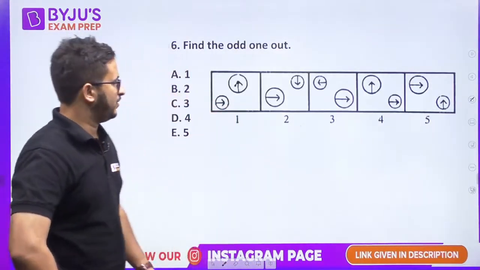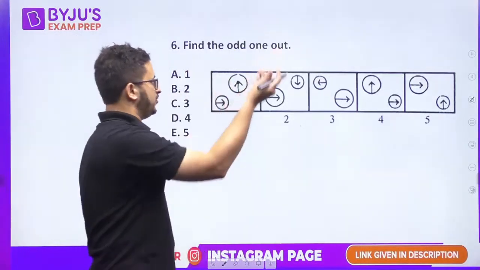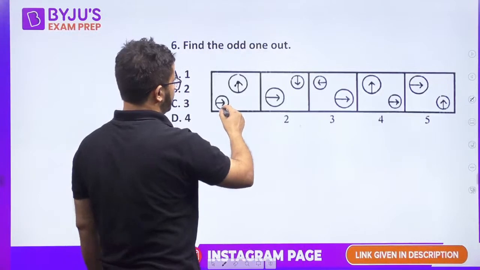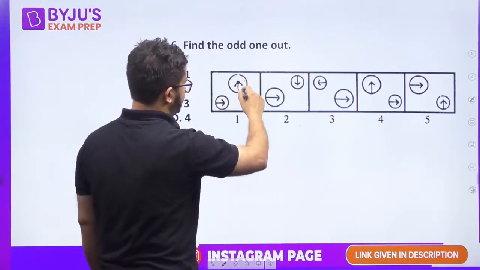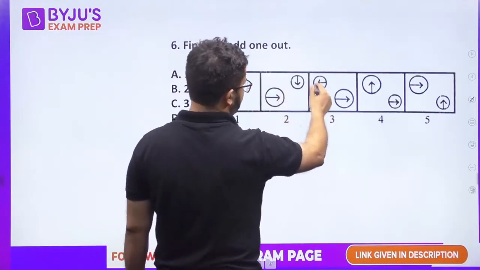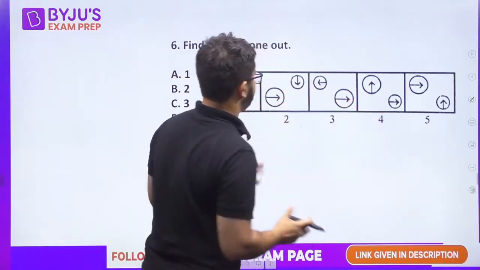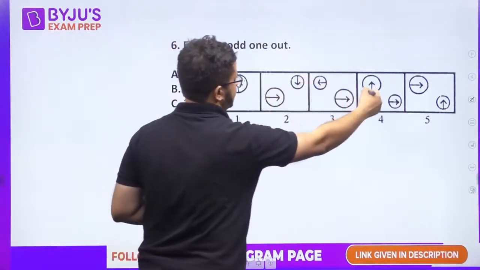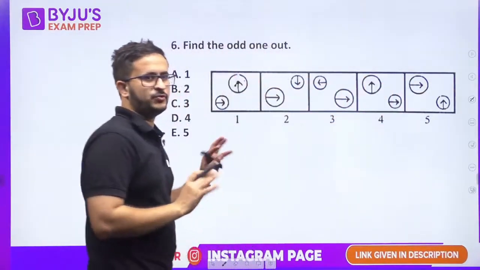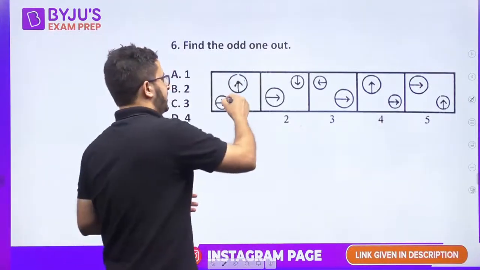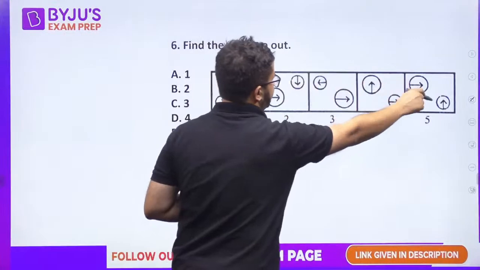Now let us try to find out the pattern of arrows or circles. What is happening in this circle? They are like this: smaller circle, bigger, smaller, bigger, smaller, not following any pattern. In one case they are along this diagonal. So diagonally you cannot say that this is different, right? Because ऐसा डायगोनल 2 जगह है, ऐसा डायगोनल 3 जगह है.